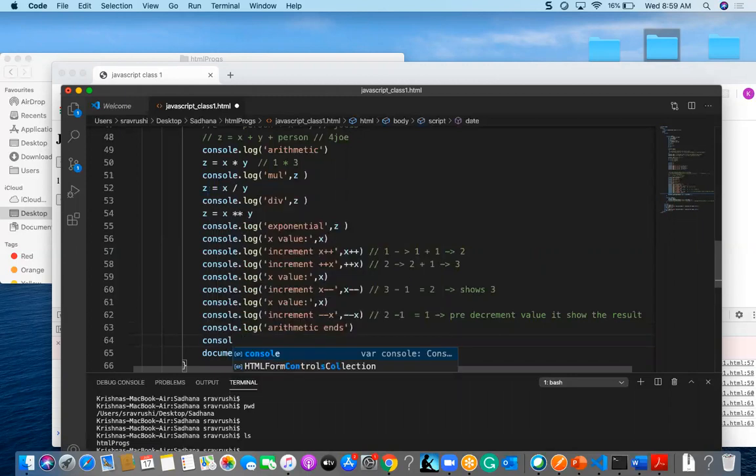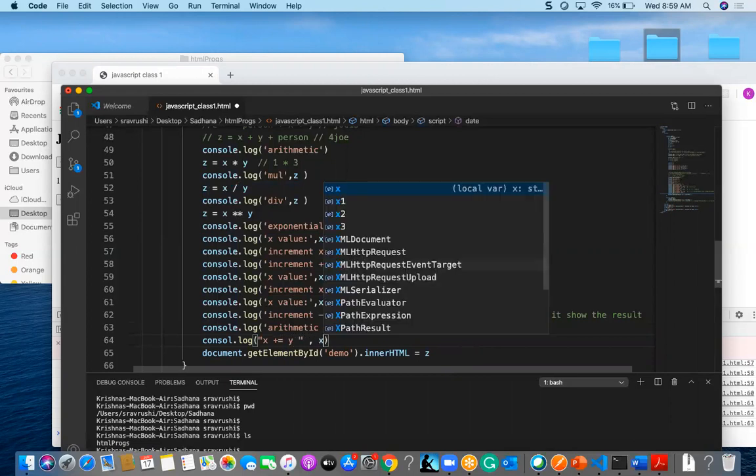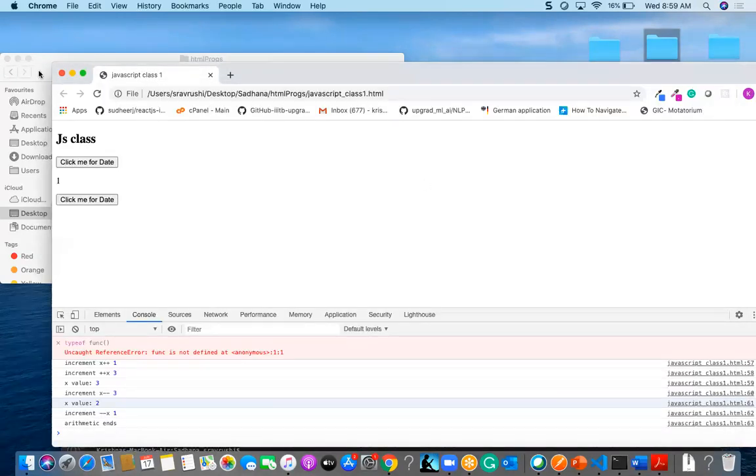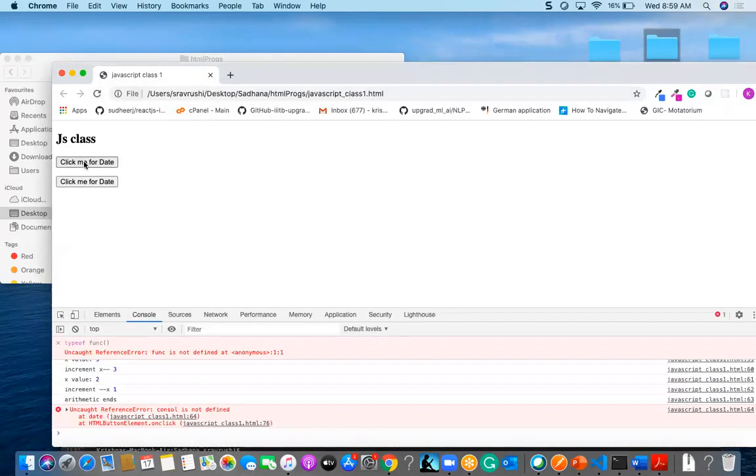So let us think I have here one more value, x plus equal to y.